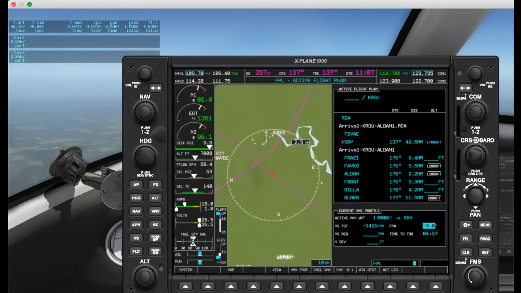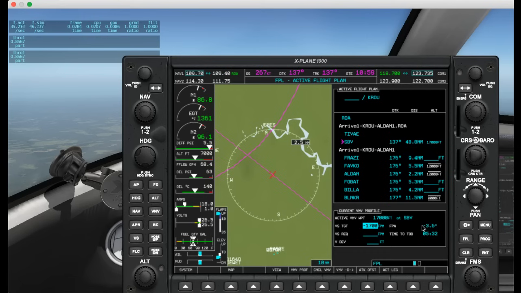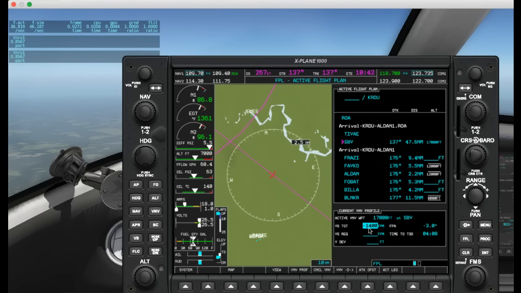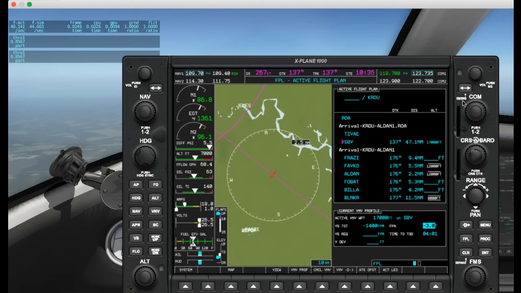Or I can use the big ring of the FMS knob and go to the left, and I can instead suggest a vertical speed rather than a flight path angle, and it'll update the flight path angle accordingly. There's a few restrictions to what you can do here. So for example, it will not calculate anything that requires a vertical speed steeper than 2,000 feet per minute. So if you try to calculate something that uses more than 2,000 feet per minute, the real one